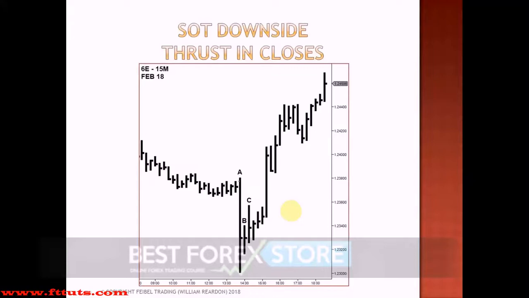But what do we notice about bar A? Although we slammed down, we closed well off the lows. Okay, yes, this bar is incredibly weak. We can see it's weak, huge spread, but all this is buying, has to be buying. That's the only way that we can close off the lows, is from buying. Okay, and